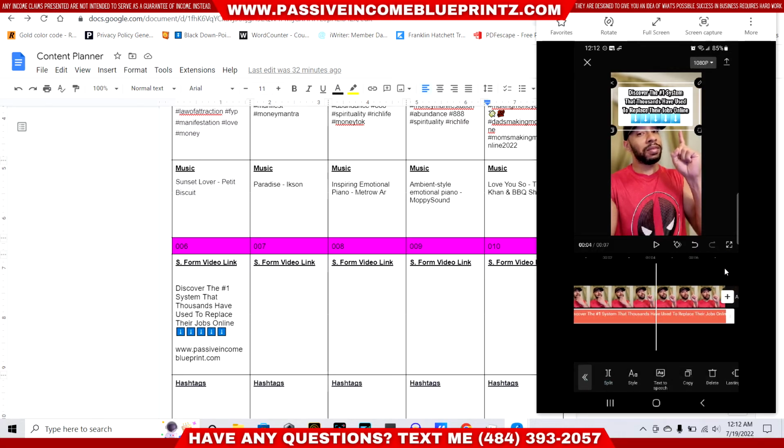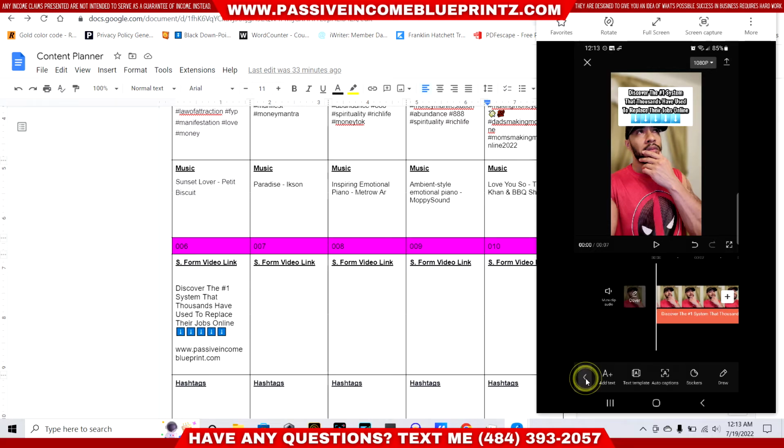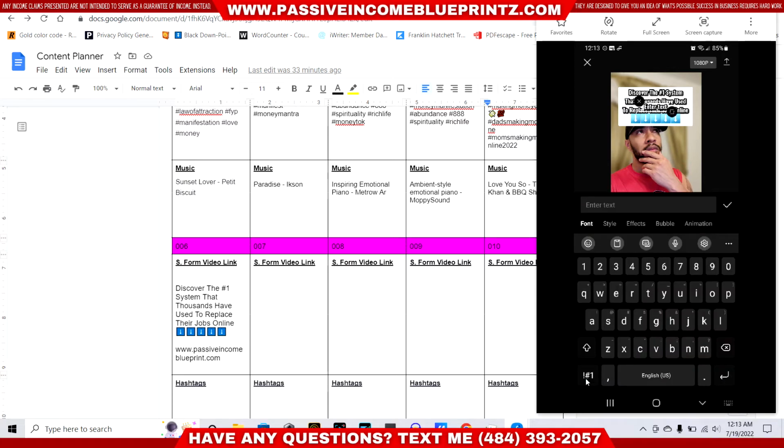Now we can go ahead and add our second string of text. So we'll hit the little back arrow right here. Add text again. Slide this down. And we're going to go ahead and put in,